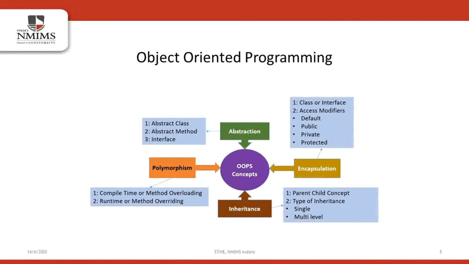Now coming to data abstraction. Data abstraction is a property in which only the essential details are displayed to the user and the non-essential details are not displayed to the user. In this example, we can see that clicking on the green button while picking up a call actually sends a signal to the calling person's mobile, but we are unaware of that activity. We only see that green button. We don't see the signal going to the caller's phone. That is known as data abstraction.